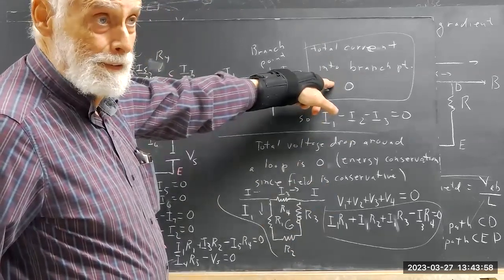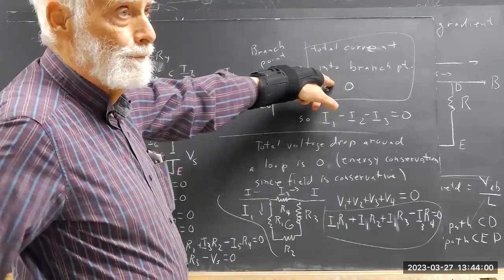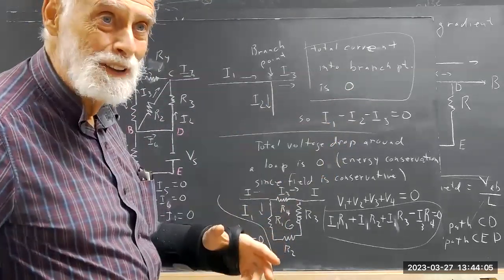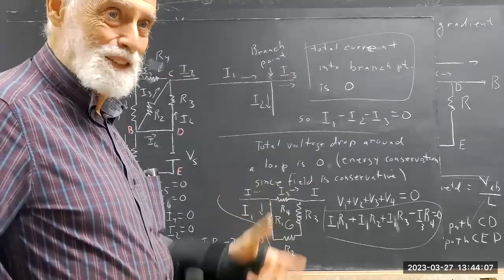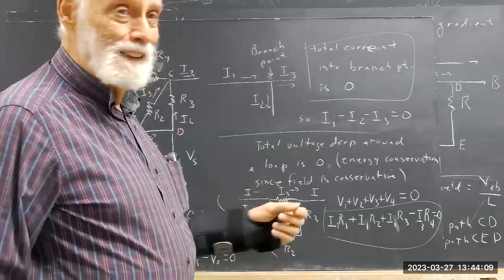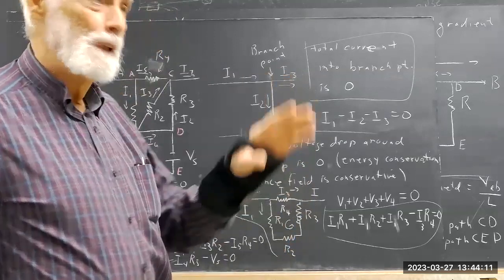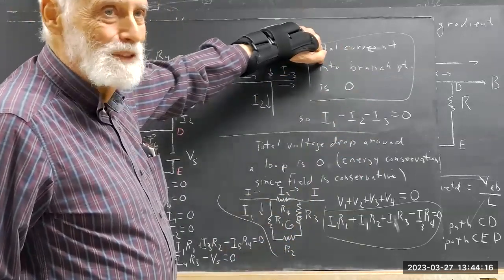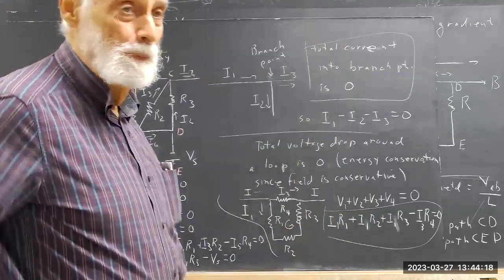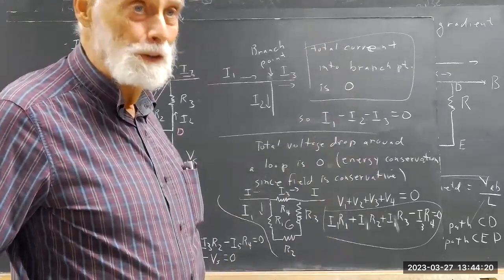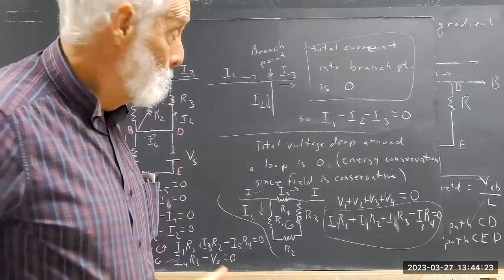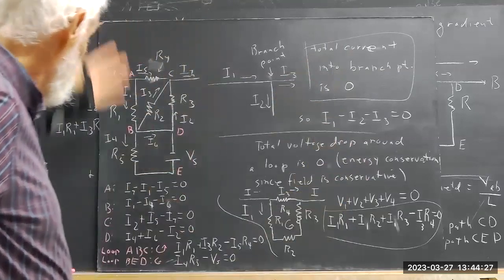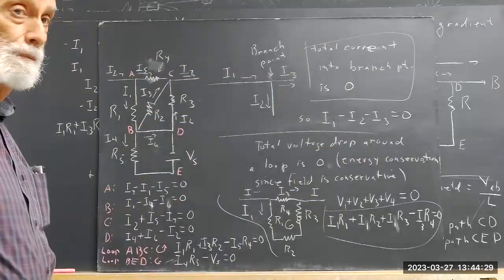If the generator and the sparks that we get from the nanocoulomb don't convince you, maybe nothing will. Total current into a branch point is 0, otherwise you start accumulating charge, and you could get light, or at least sparks. Not gonna happen. So with those two principles, we can write a whole system of equations that analyzes somewhat